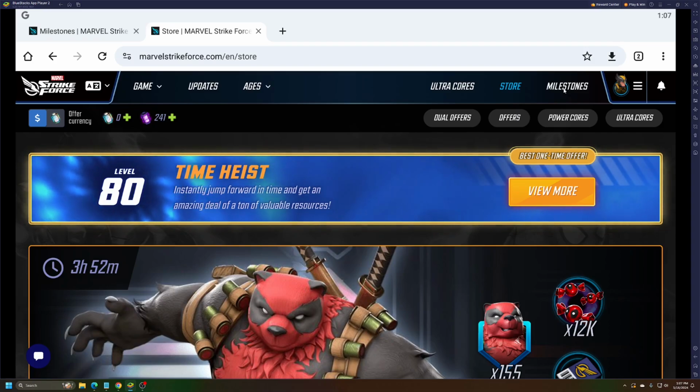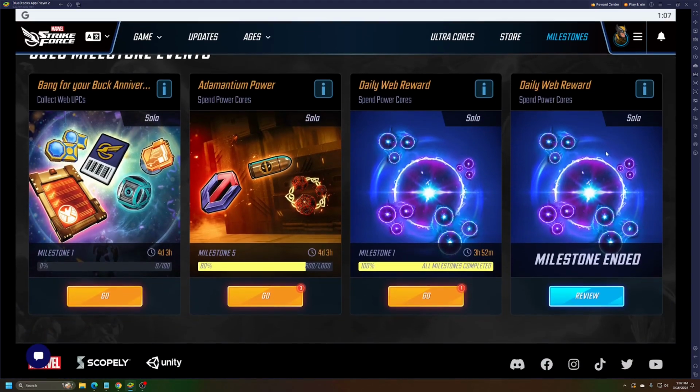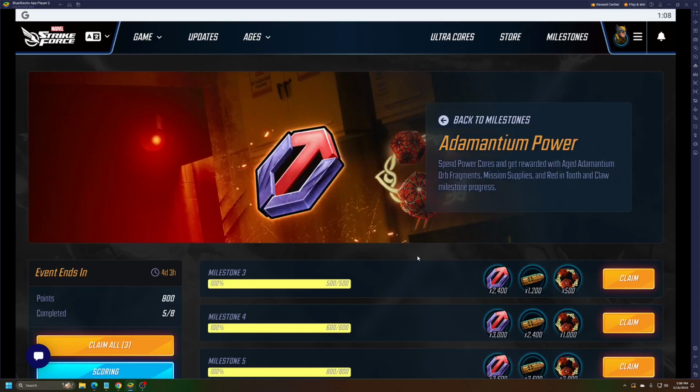So the other thing that being connected to Scopely gets you is milestones. So every day you have milestone events, right? So collect web UPCs. That's great if you're spending money. If you're buying offers, I suggest to buy them off of the web store. But you get another one like spend power cores. And I think it was like a 5-day event. And when you spend power cores,